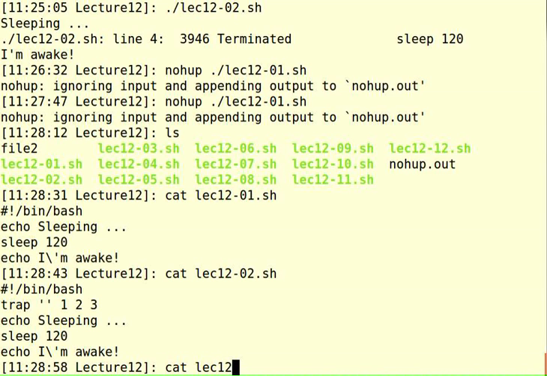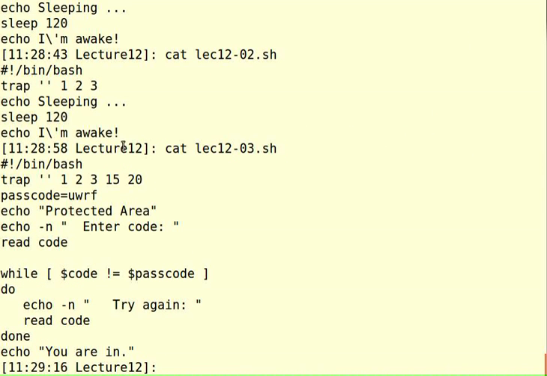And you can have any number of signals. So let's take a look at the next shell script, which is basically in the book. What this does